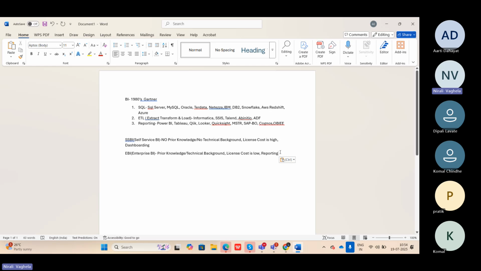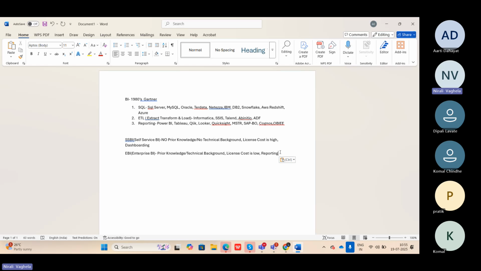Can someone tell me the difference between a dashboard and a report? Anyone? Any random guess? Yes, anyone? A dashboard might be an interactive version of a report, so that we can click on it and get more data.